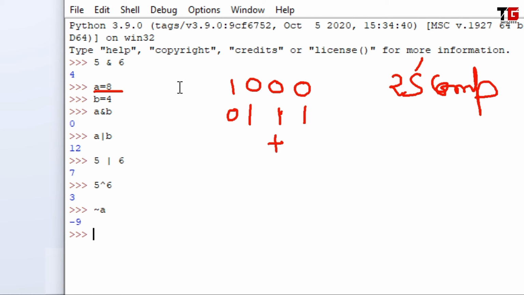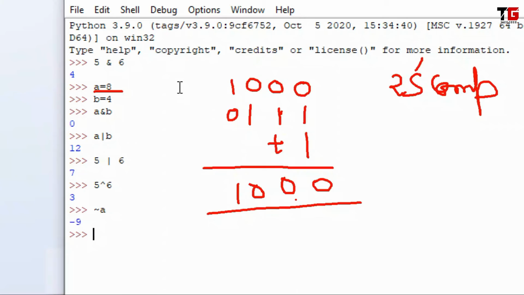Then we will add 1. So friends, we got this number. Then the result is minus 9. Friends, the binary code of minus 9 is 1010 for 9, and because it is a negative number, the sign bit is also 1. Now let's take its 2's complement.